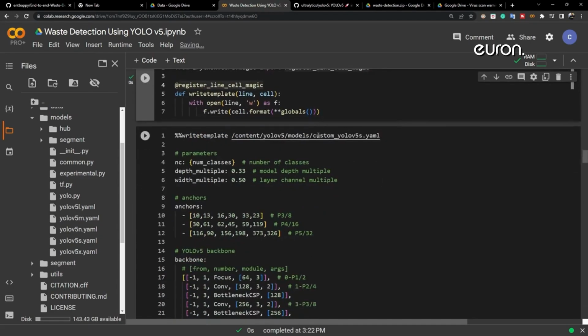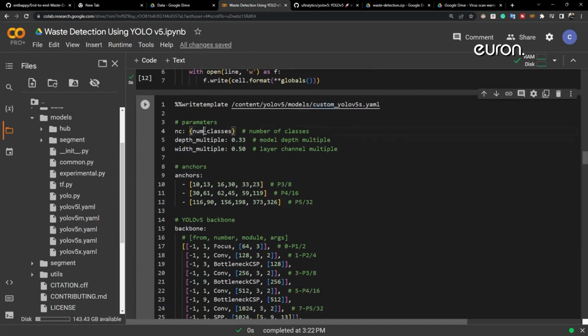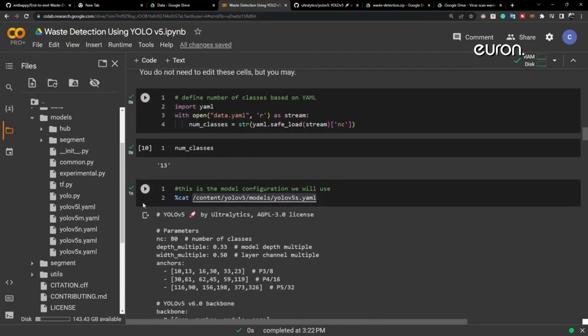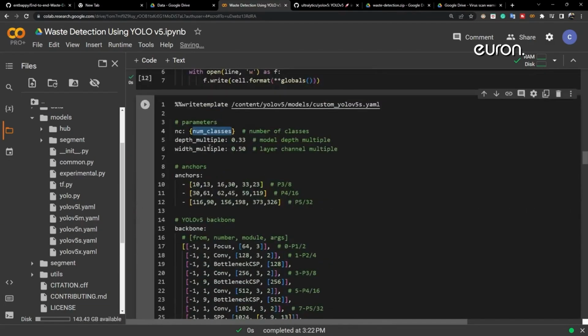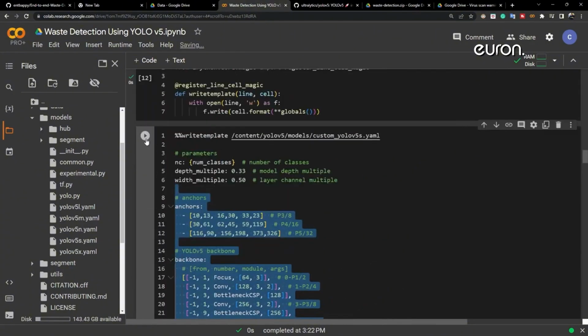Here, first of all, I'm copying the same file, yolov5s.yaml, and creating another file, naming it custom_yolov5s. That means I'm just making one copy of the same file and giving it a different name, as you can see, custom_yolov5s model. After that, I'm replacing the class here, and all the architecture I'm keeping the same. Now if I execute the code,